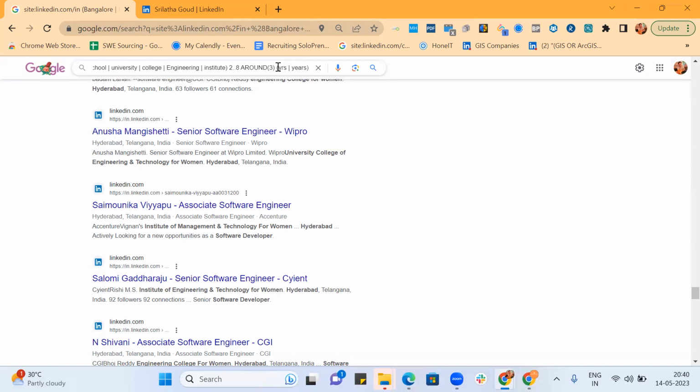This is doing its own job. 2 dot dot 8 is doing its own job. AROUND 3 is also doing its own job of getting 2 dot dot 8, any number between 2 to 8. That has done its own job. It has shown 2 dot dot 8: 2, 3, 4, 5, 6, 7, 8, 8.9, 8.10, 8.11, any number can appear. And within 3 keywords,